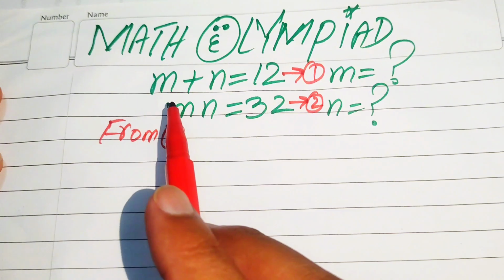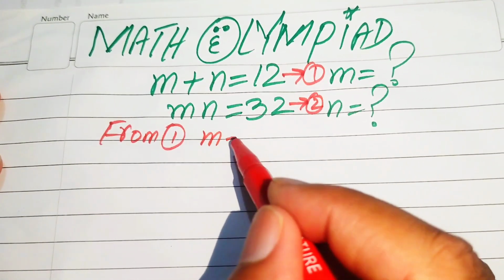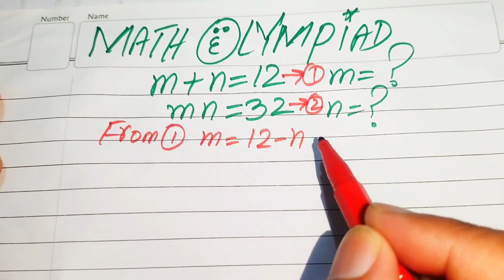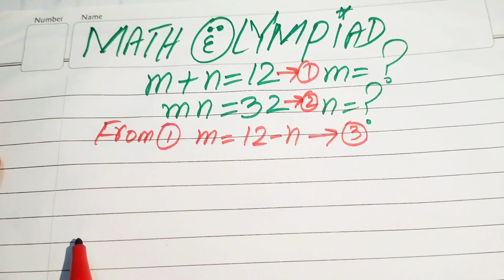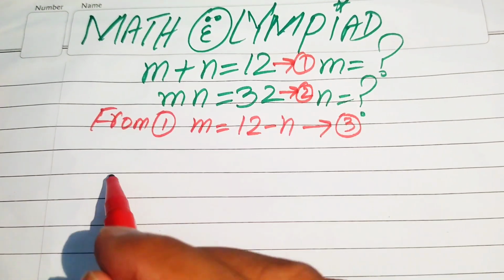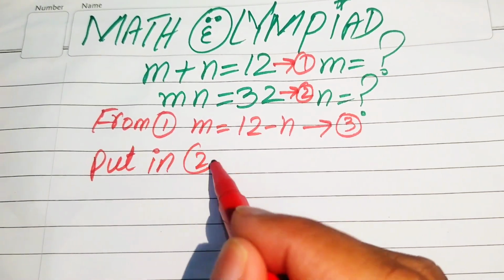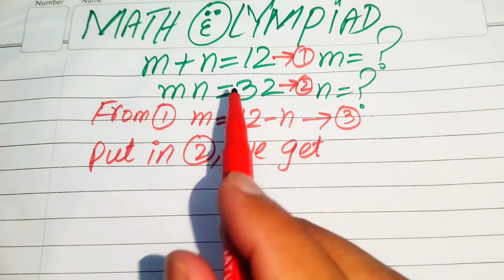From equation 1 we find the value of m and we move this n to the right hand side. So it will be written as m equals 12 minus n, and we call this our equation number 3. And now in the next step we substitute the value of this m in equation number 2. So we put this value in equation number 2 and we get